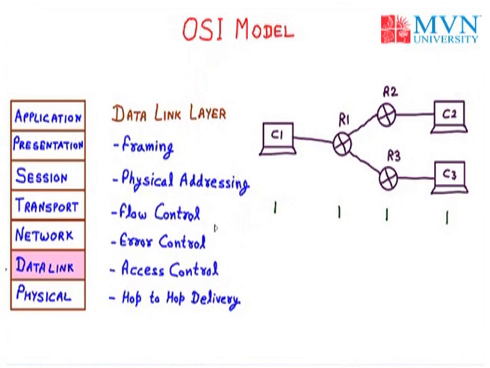Why have we taken only R1 and R3? Because to send the data from C1 to C3, we are going to follow the route from C1 to R1, then R1 to R3, then R3 to C3. So the data traveling from C1 to R1 is our first hop, called hop-to-hop delivery. We also write it as H to H or hop to hop. Now again from R1 to R3 it is again called hop-to-hop, and similarly for R3 to C3. So that is all about hop-to-hop delivery.